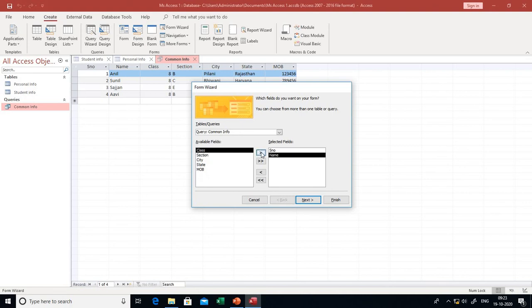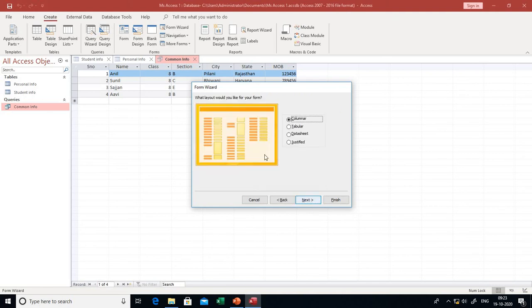Through this button you can add all the fields with a single click, and you can remove the field with a single click. Clear? I need all the fields here, so I'm taking all the fields.